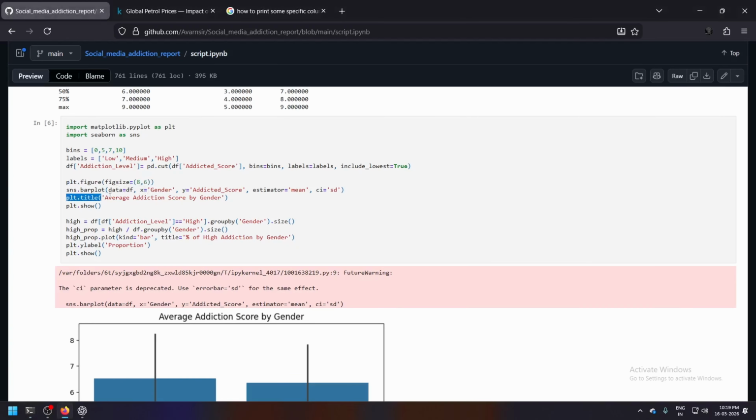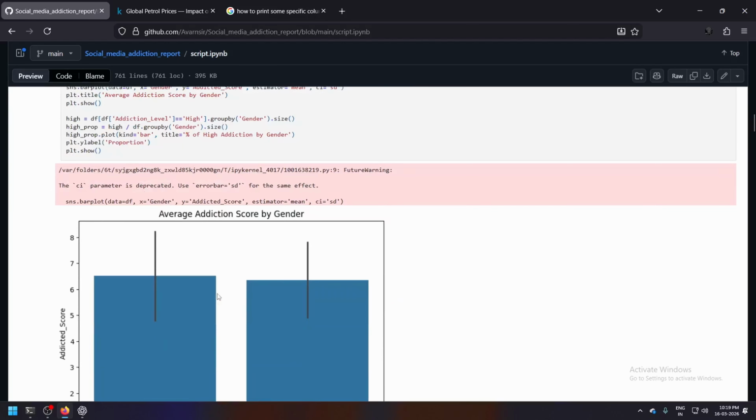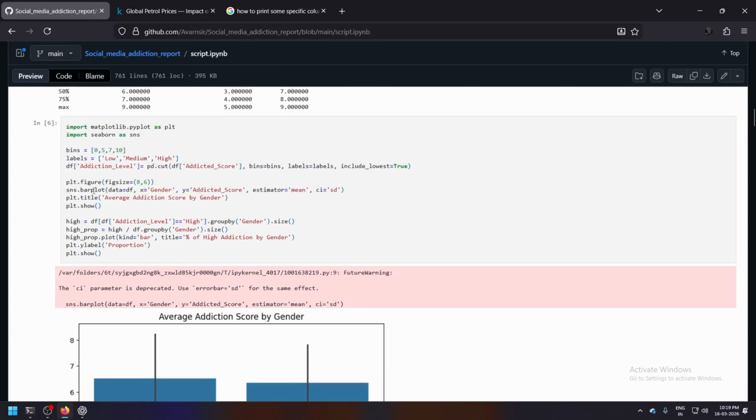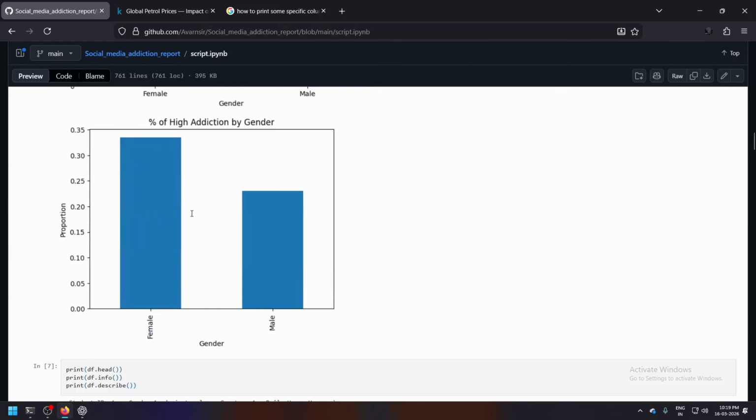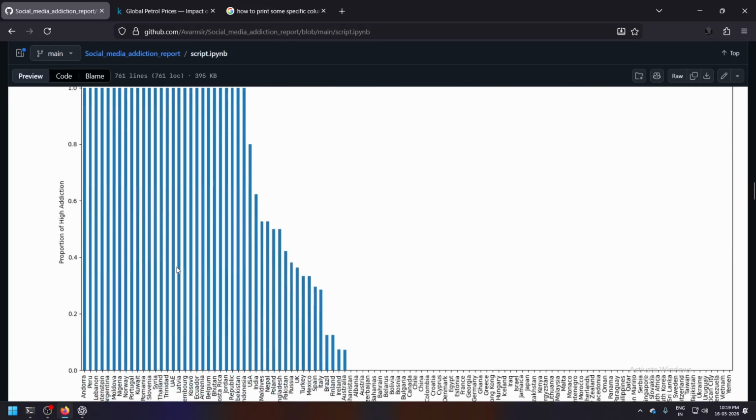Then we have the plots and stuff. So here I've made a plot which is basically a SNS bar plot. But I want the plot to be on a safer side and I don't want any bar plot, so I will see something else.